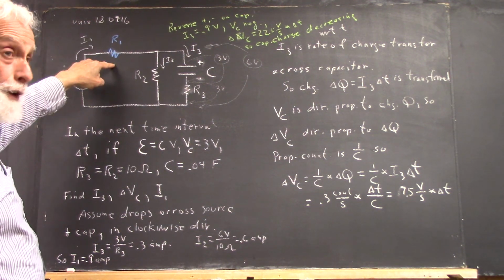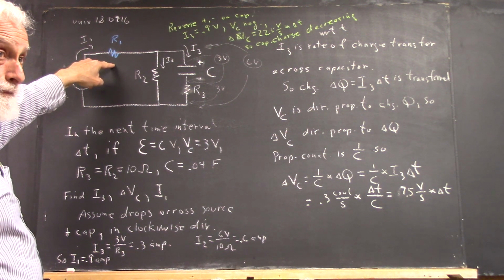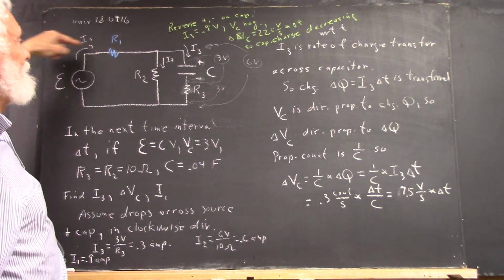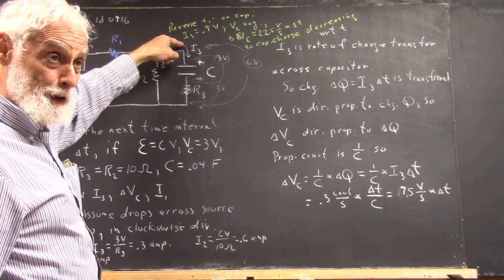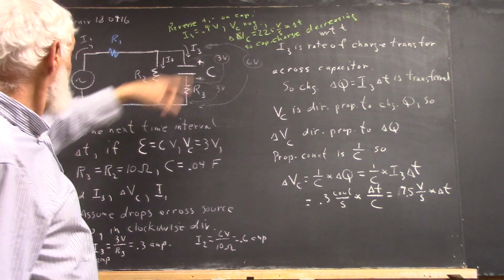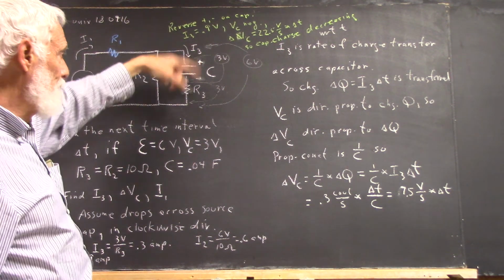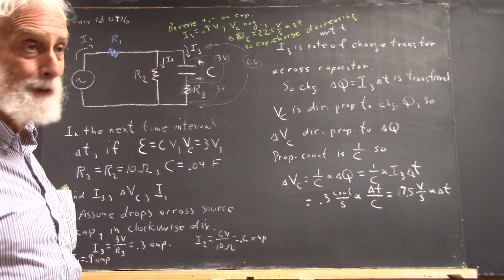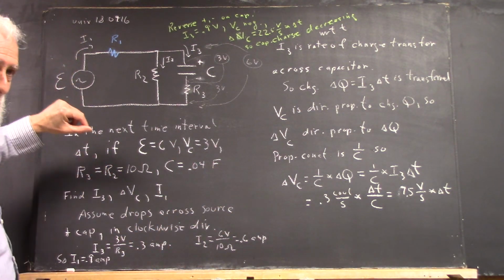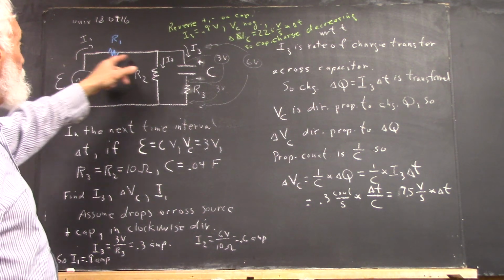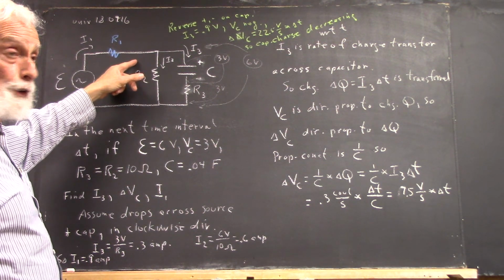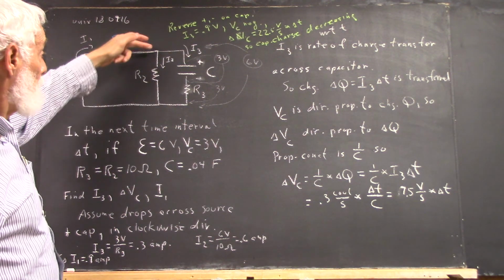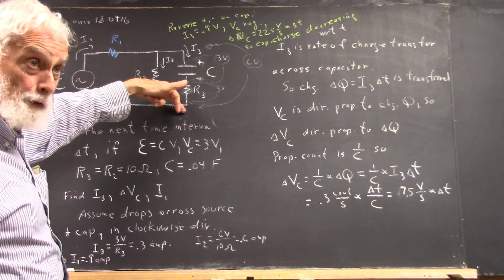See, now what this is going to do is, okay, you see that I3 is going to be changing in time. Unless, as I said, this thing just happens to be designed to somehow balance what's going on over here. And you might think about how you would do that, but I wouldn't spend too much time on it right now. Well, that's going to affect your voltage drop across here, so you can no longer assume that you have a constant voltage drop. I mean, the voltage drop across here and the voltage drop across here are still going to be the same,